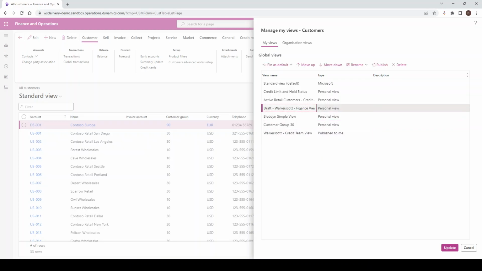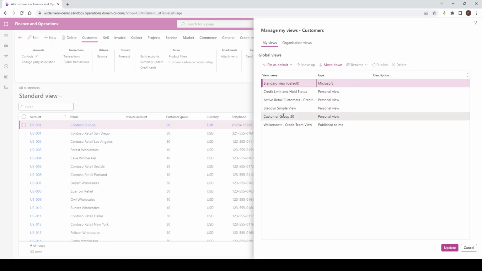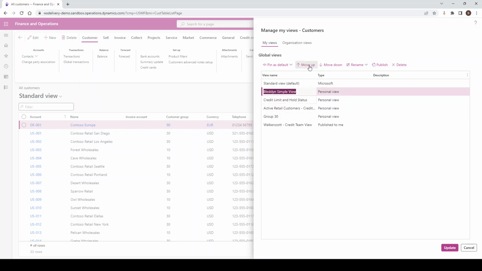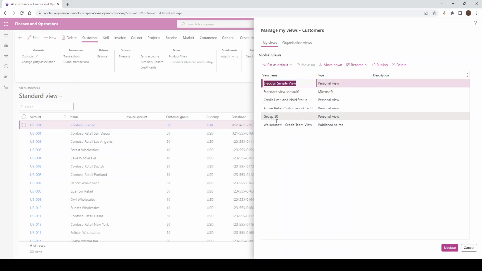From here, there's a few things that you can do. I have this draft Walker Scott finance view. I can simply choose to delete that view. I can also rename them, so maybe I don't like the name of this, I can simply come up with group 30 and click save. And you can also move them up. So perhaps Blend in Simple view, I want that to be at the top. I simply click up and you can see it's now at the very top of the list